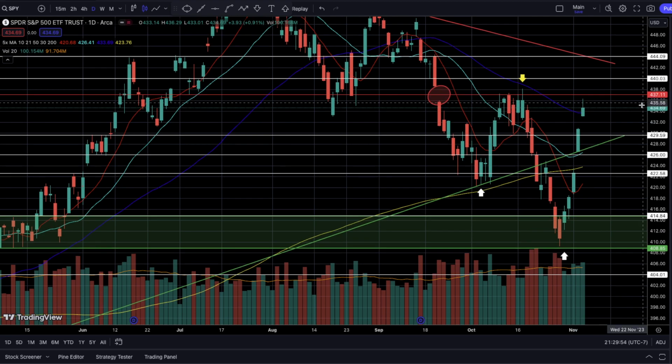What I'm personally thinking is that we can actually see a retest of 437, that previous hard level of resistance that we tried to get over in mid-October, but ultimately failed, as obvious as that can be. And we can actually see a rejection first at 437. So obviously we have to retest it and then reject it. And then we'll get that very needed pullback in order to make sure that this uptrend is healthy.